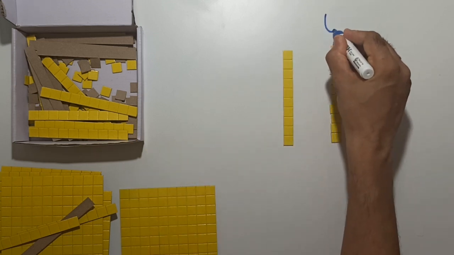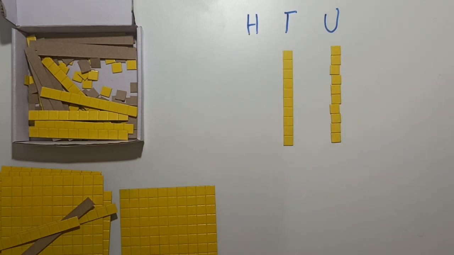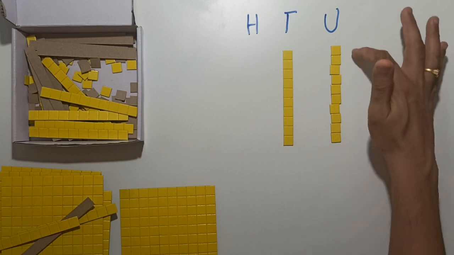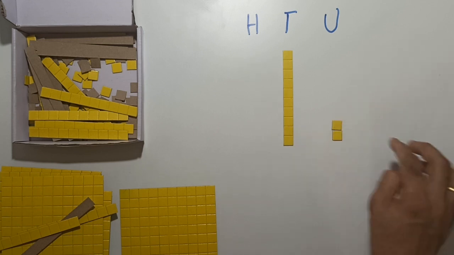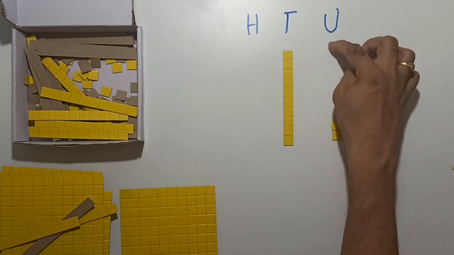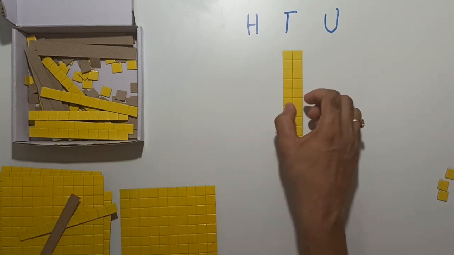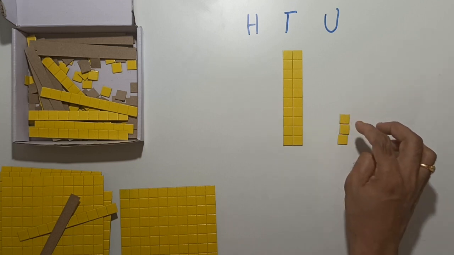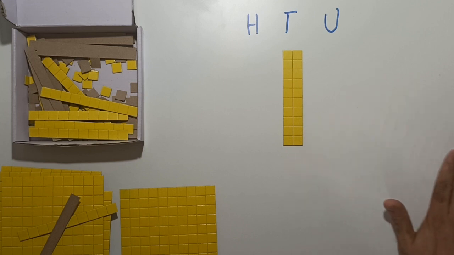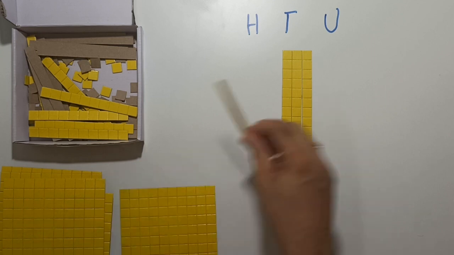So if I write here units, this is tens, this is hundreds, right? So the minute I had this units reaching 10, I removed this and placed 1 tens. Then I started counting more, 11, 12, 13 and so on till I got another set of 10. Then what did I do? I exchanged that, and again I got 2 tens and 0 ones. Then I continued to count more, right? 22, 23, 24 and so on, right? So every time it reached 10, I kept on adding a 10 here, right?